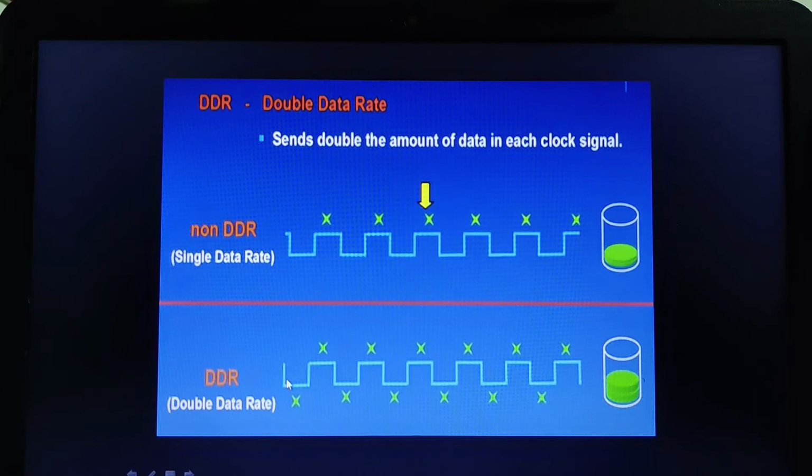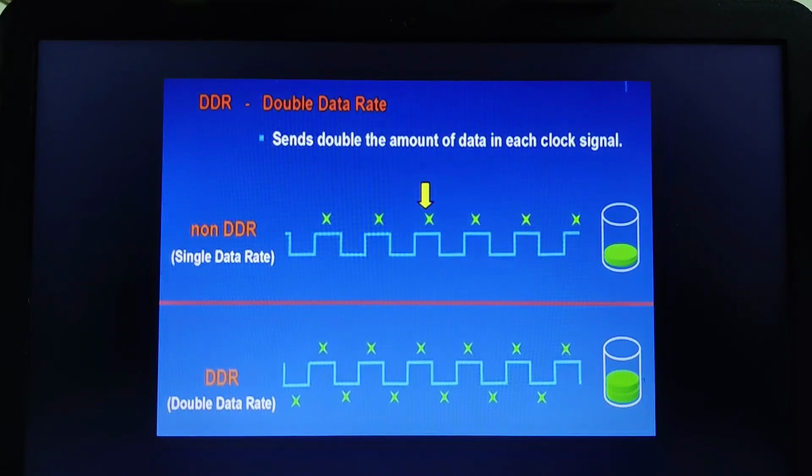So this DDR is transferring the data at both the rising edge and the falling edge of the clock signal, for the lower clock frequency. That is why we say that double data rate random access memory is capable of transferring double the amount of data to the CPU compared to the SDRAM. Therefore, obviously the data transfer rate will be high in the case of DDR SDRAM. I hope you are very clear about the types of dynamic random access memory.